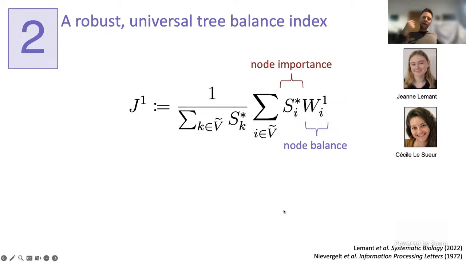This seems like a very obvious idea, but it actually took us a long time to discover that more than 50 years before us, well, almost exactly 50 years before us, a computer scientist called Niebegelt and his colleagues discovered essentially exactly the same index and proposed it in the context of looking at binary trees for information retrieval and storage in computer science. But that discovery was completely forgotten about until we eventually managed to dig it up many years later.